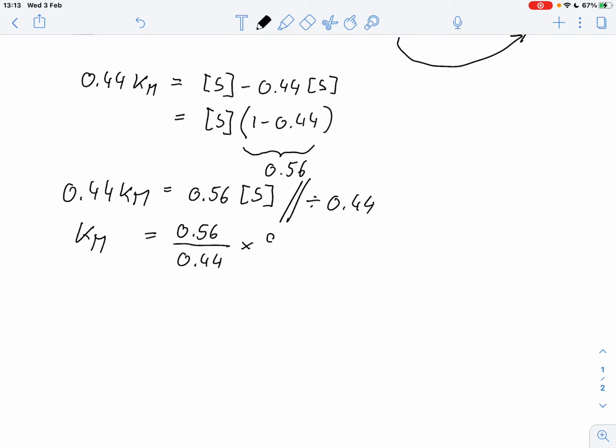So we can multiply that here, 97.6 micromolar. And if we put that into a calculator, we get a value for Km of